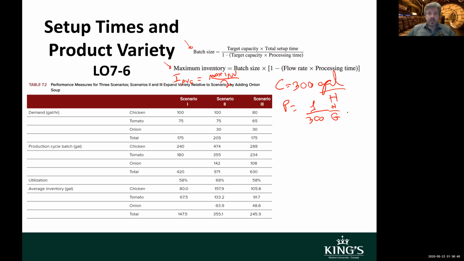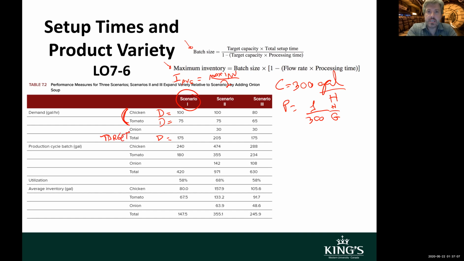Chicken soup and tomato soup. Let's look at this first scenario where I only have two products, chicken soup and tomato soup. This is their demand. All right, 100 gallons of chicken soup, 75 gallons of tomato. So my total demand is 175. This should be my target